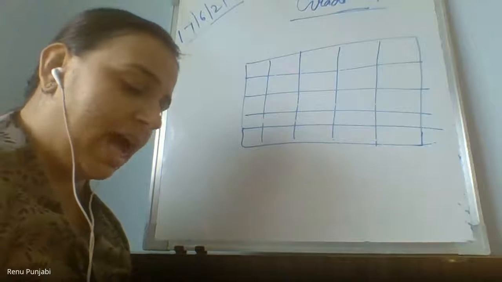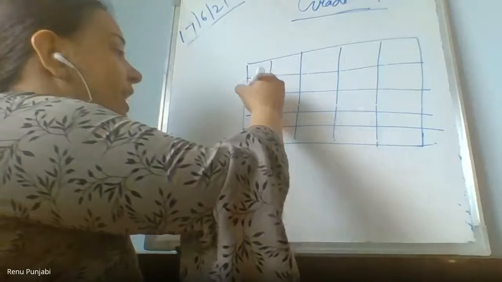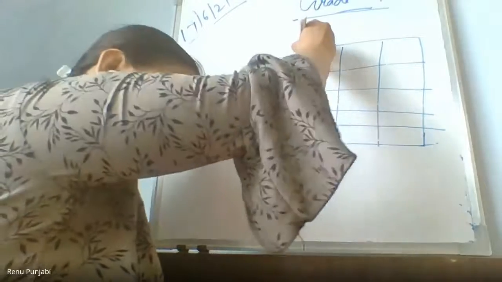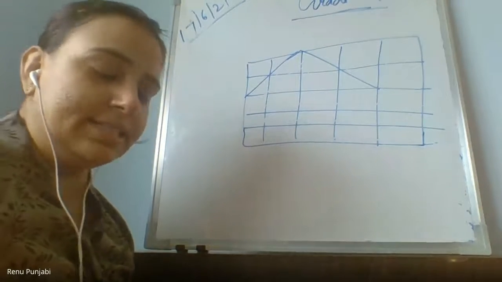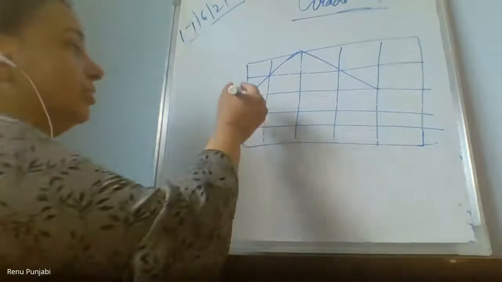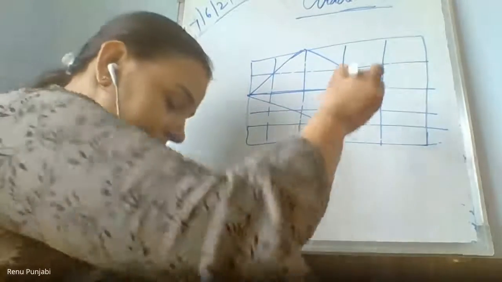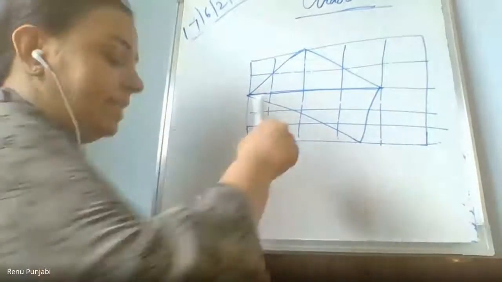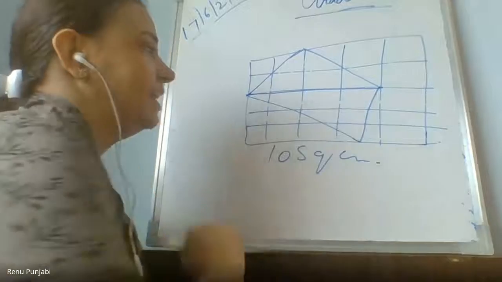Then she asked Asif to complete the shape with two more sides. She has given a triangle to Asif, an incomplete triangle this way, and it is extending till here. She told him to draw two more sides so that its area is 10 square centimeters. Then he drew, this is the baseline. Then he drew it in another way. This way he drew the other two sides, and now when you find the area of this figure, it will come to 10 square centimeters, which we have already done yesterday.